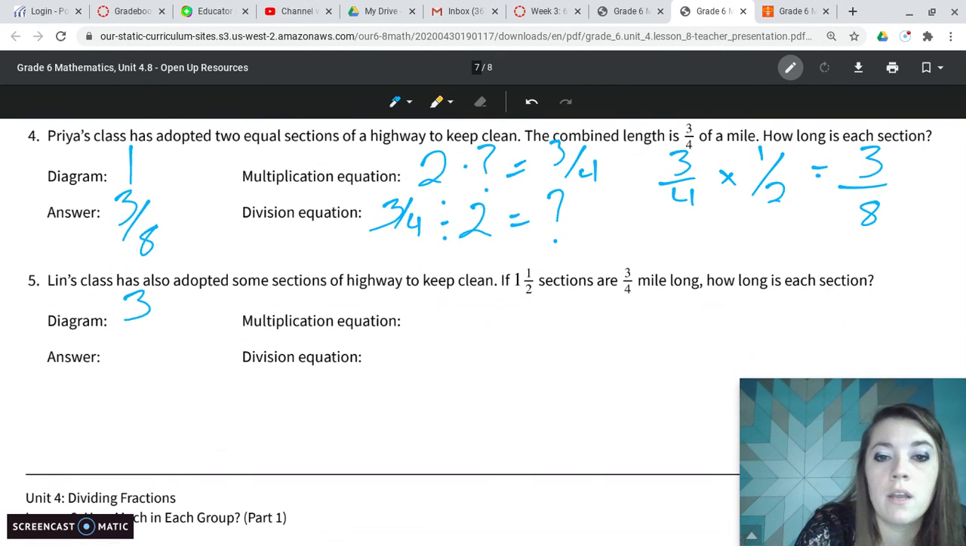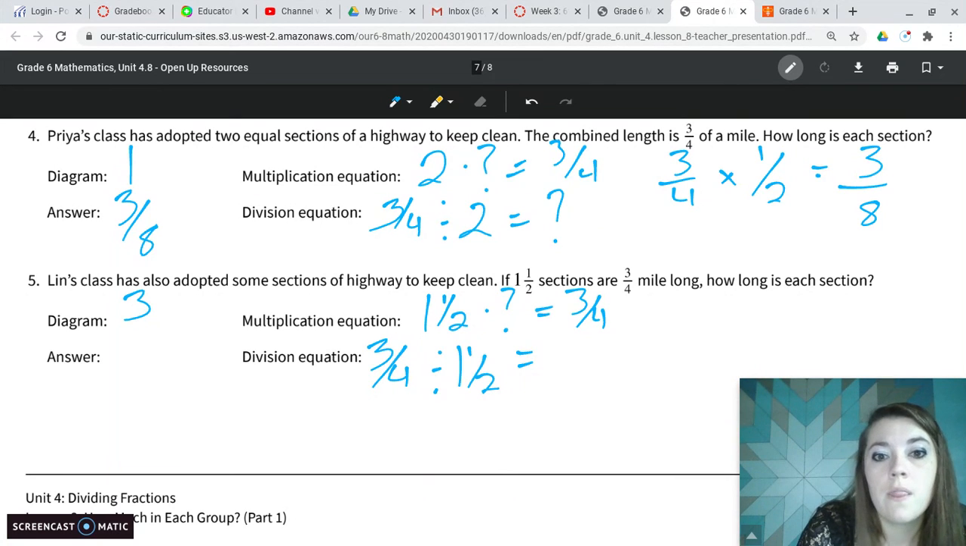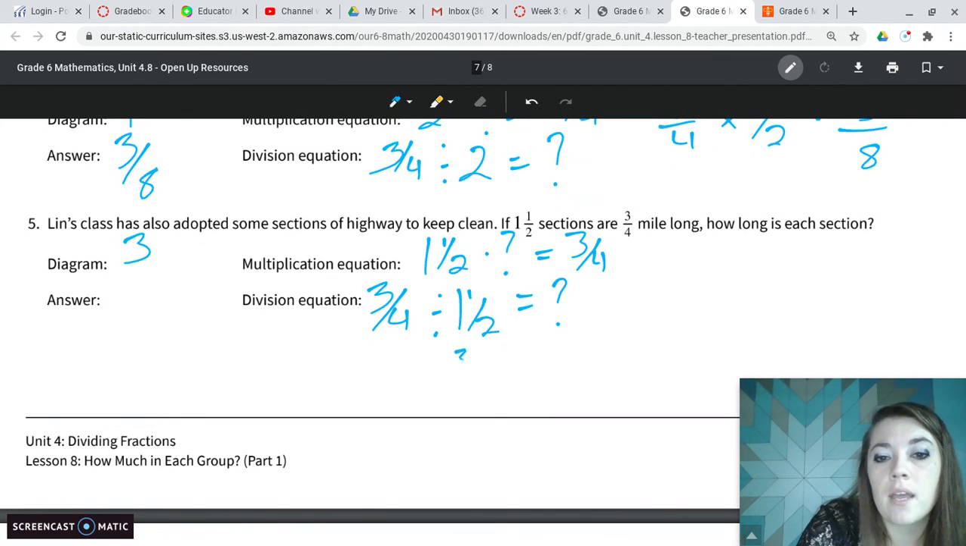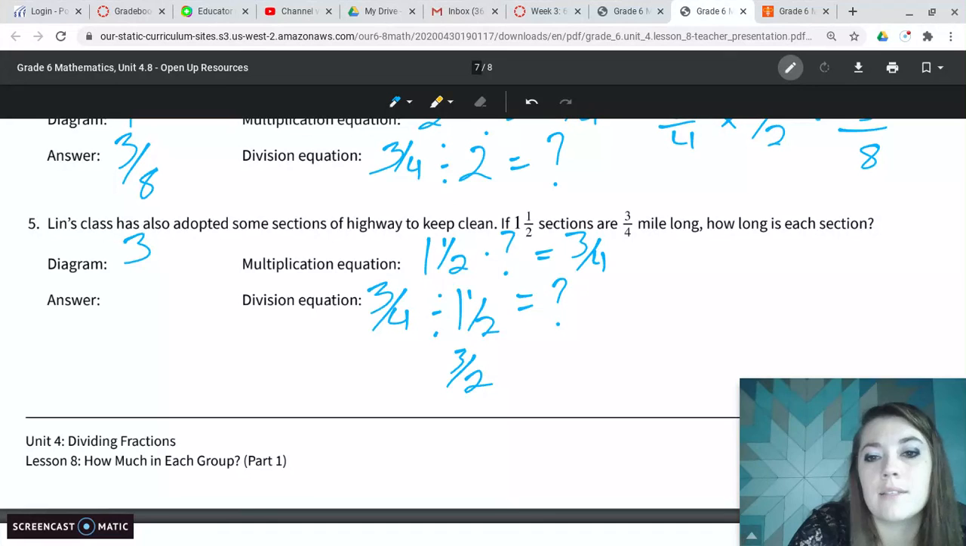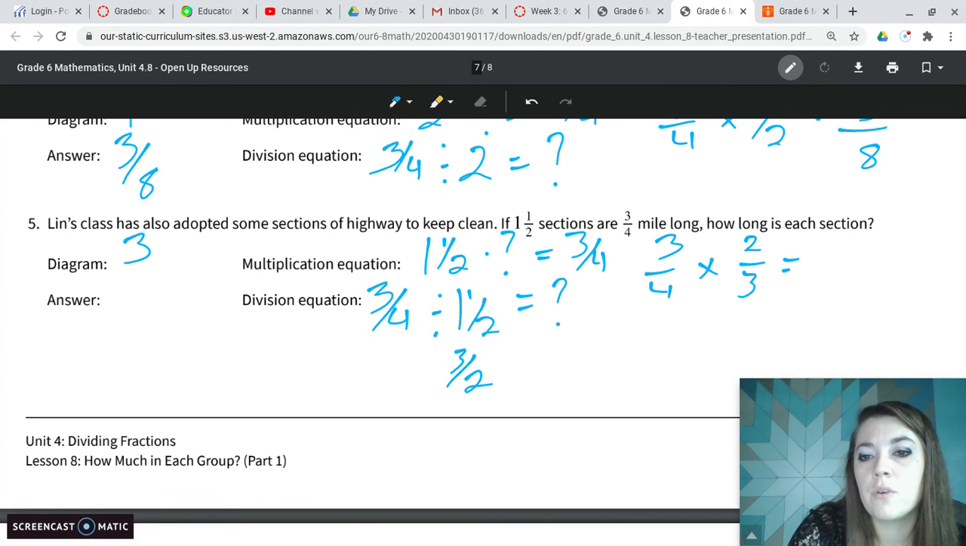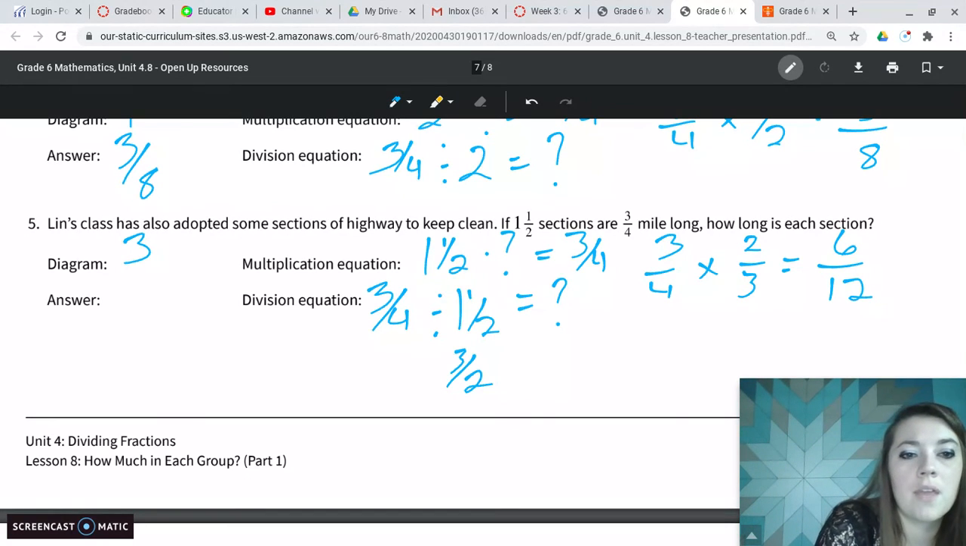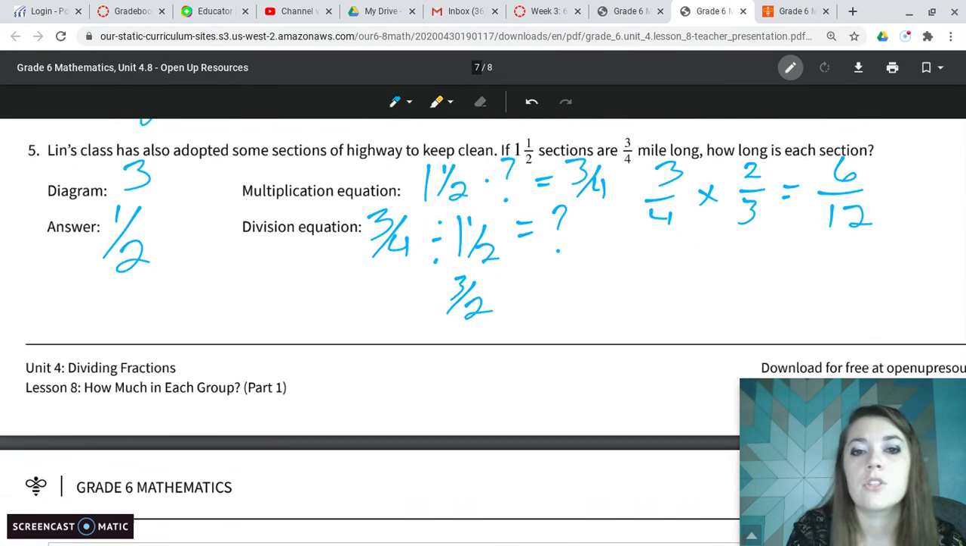So our multiplication equation, we take the 1.5 sections, we multiply it by some amount, and that's going to get our 3/4 miles long. Division, we take our 3/4, we divide it by 1 and 1/2. Yes, we are dividing by something larger than what we have. That's going to equal our question mark. Remember, 1.5 is the same thing as 3 over 2. Once again, same times flip. So 2 over 3. 3 times 2 is 6. 4 times 3 is 12. 6 over 12 is the same thing as 1/2. So 1/2 is how long